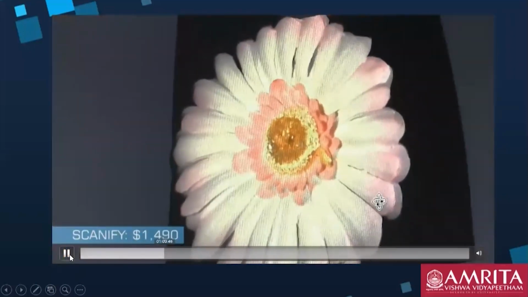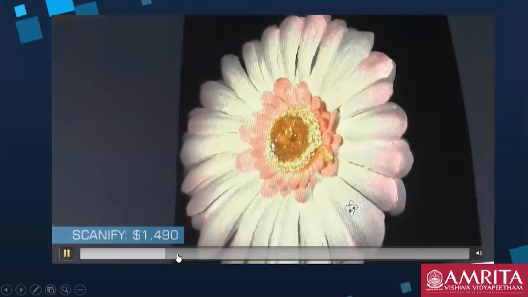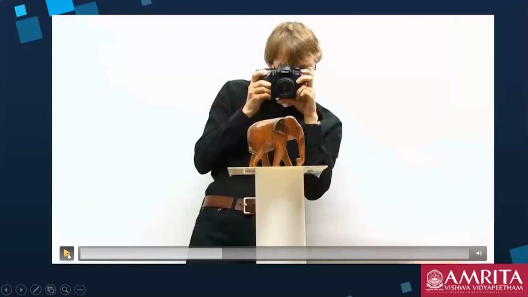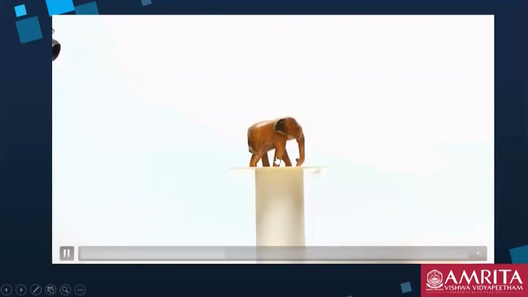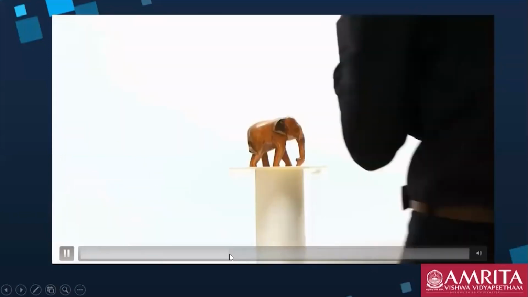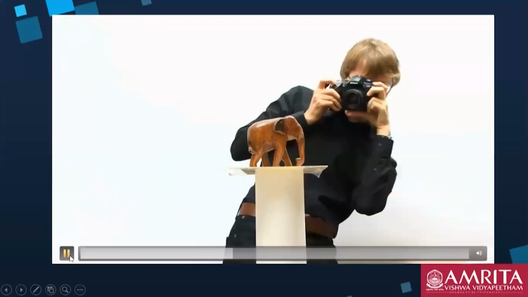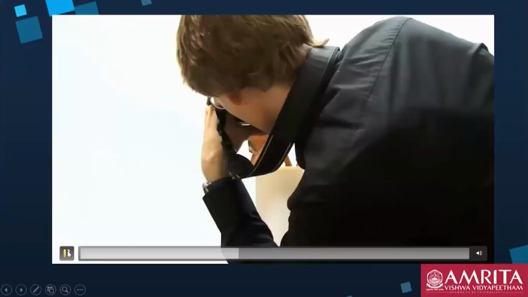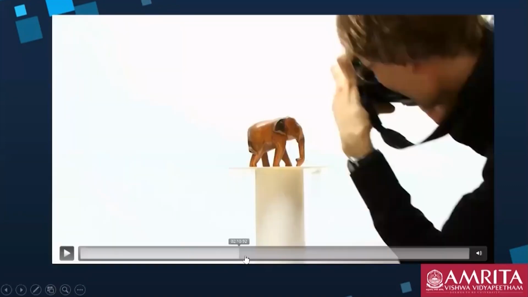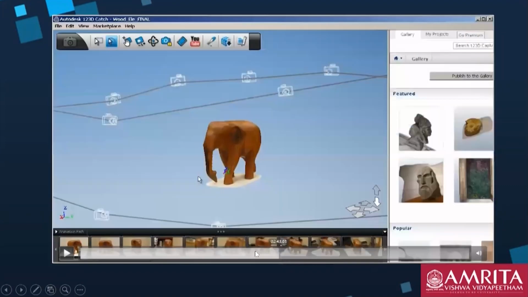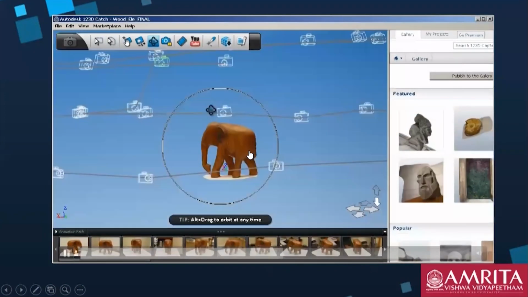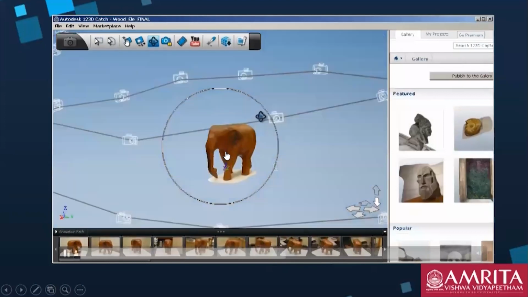Yeah, you can see that. Now what happens, I would like to share after this. What this man is doing is capturing images of this antique elephant piece. Now he will scan and fuse together all the shots he has taken into a 3D model. So you have seen it has generated some type of 3D model, and over here he will do some kind of modification.